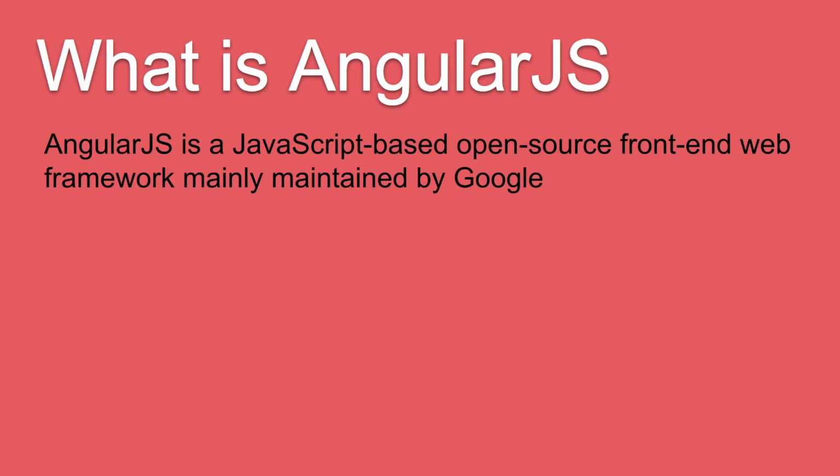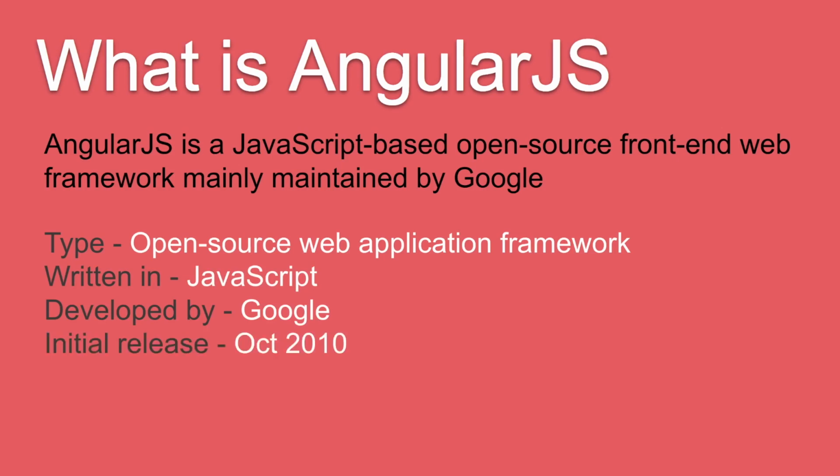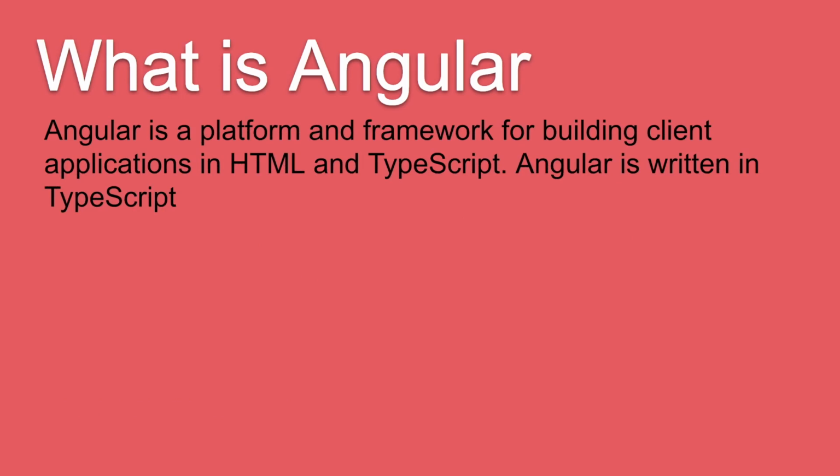AngularJS is a JavaScript framework and it is open source and it is used for creating web applications. So it is an open source web application framework. It is written in JavaScript and this is one of the differences with Angular. I will show you this. And it is developed by Google and the initial release was in October of 2010 and it is also referred to as Angular 1. So Angular 1 is AngularJS, and when we talk about Angular, this is written in TypeScript